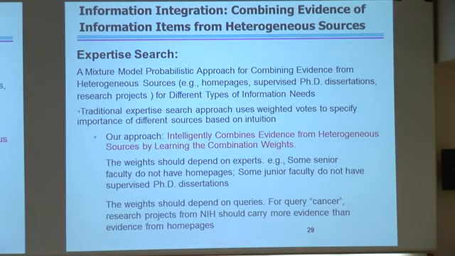So the last one I would like to speak about. The last issue we have worked on, a technical challenge for information retrieval applications, is how to integrate information from heterogeneous information sources. And this is a pretty interesting and tricky problem. For example, for expert search. In our real-world expert search system, we are combining expertise information from 7 or 8 heterogeneous information sources, like homepages, research projects, surprise PhD dissertations, technical transfer, patents, and so on and so forth. And